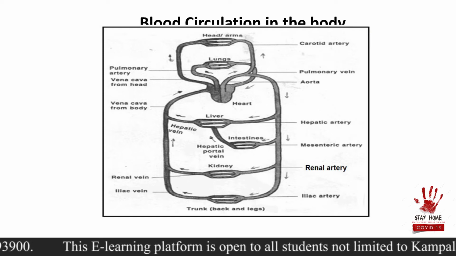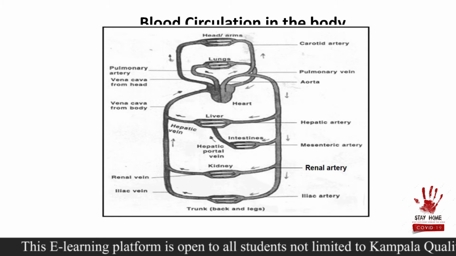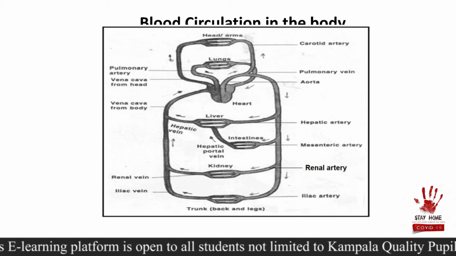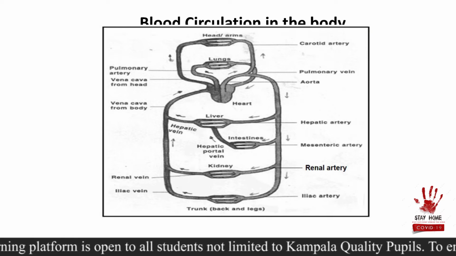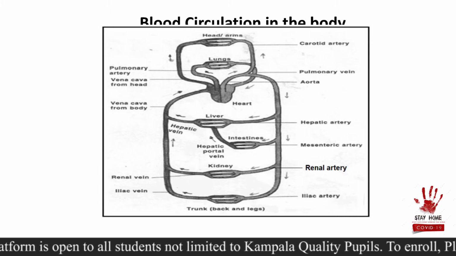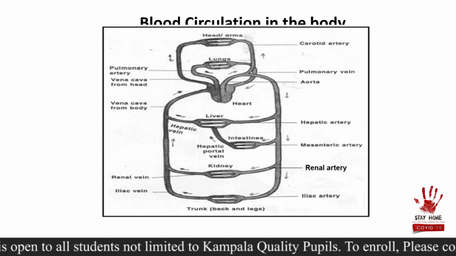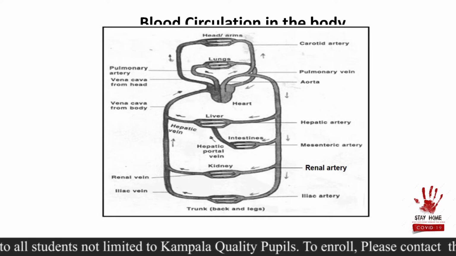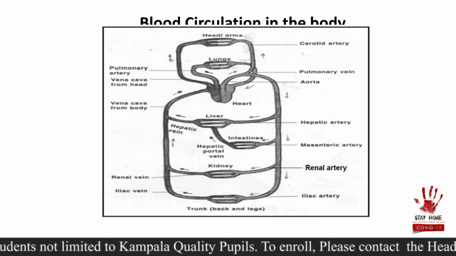Take note of it. This one is going to be called the hepatic portal vein. Don't confuse it with this one. This is the hepatic artery. This one is the hepatic portal vein. We are going to see why it connects the liver to the intestine. Then we also have another one that leaves the liver and goes to the vena cava. This one is going to be called the hepatic vein. Then all these are going to connect to the vena cava, and they drop the blood in the heart once again.